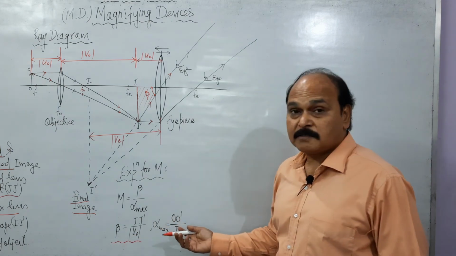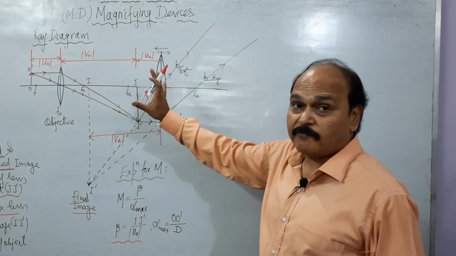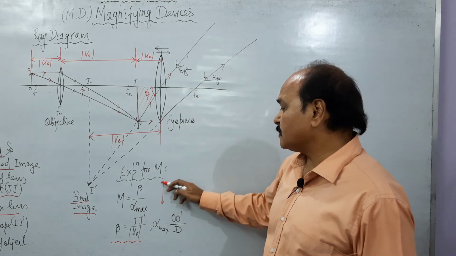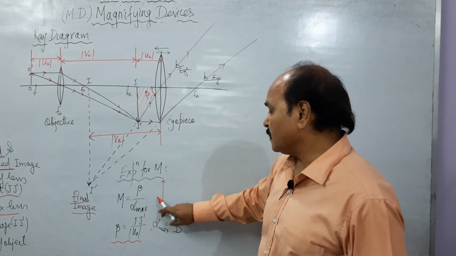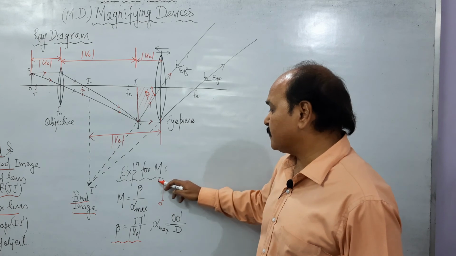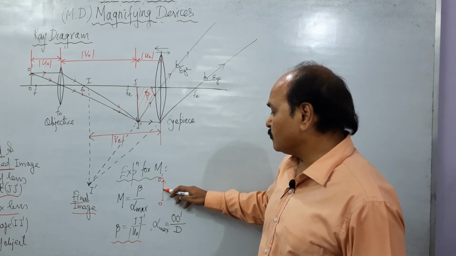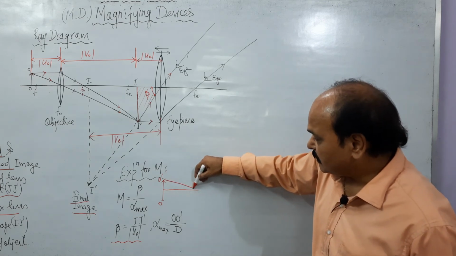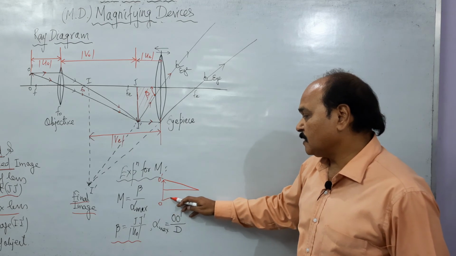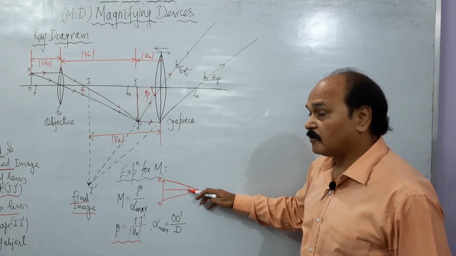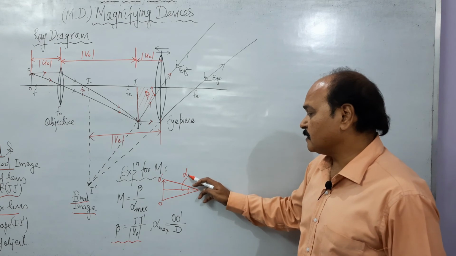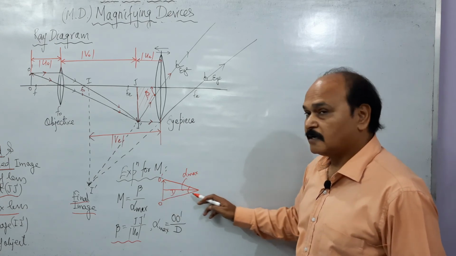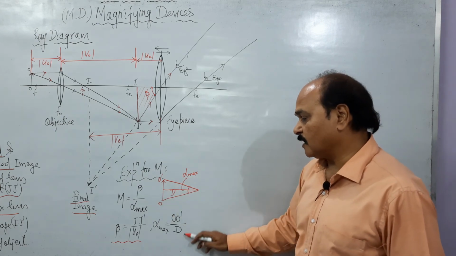And what is alpha max? Alpha max is not here in the diagram. Alpha max is the maximum visual angle formed by the object. This is object OO dash, and when this object O dash is kept closest to I, means at a distance D from I, D is 25 centimeter, least distance for distinct vision. This is alpha max. And what is this alpha max? This alpha max is OO dash upon D, arc upon radius.